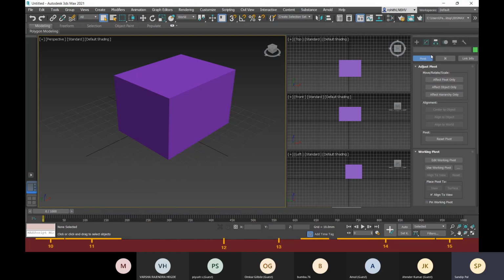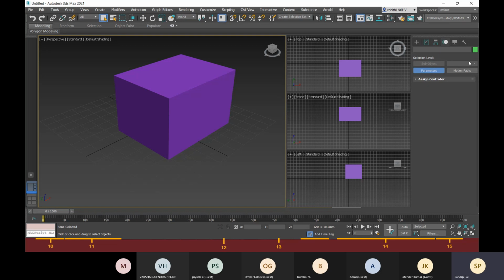So we have some pivot points, and for better creating our model, sometimes we need to change the pivot points. So we will come to this hierarchy and we'll make changes, and we will create it. So I will definitely show you that.